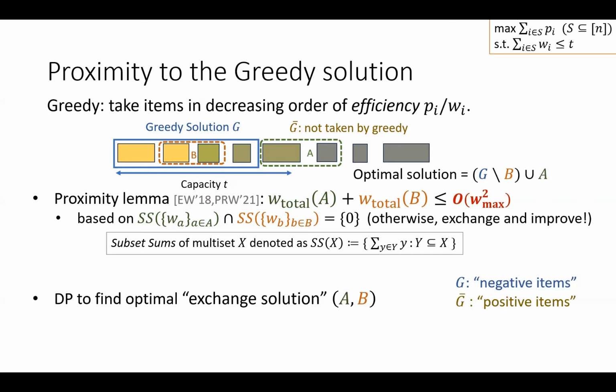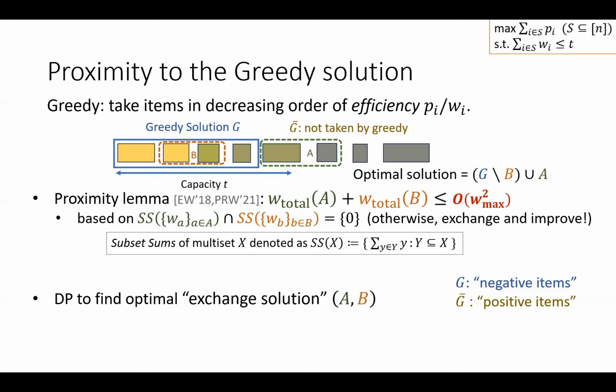Based on this proximity lemma, we can change the way that we do DP. Instead of doing DP from the empty set, we can start from the greedy solution and use DP to find the optimal way to exchange items to reach the optimal solution. Let's call the set of items A and B the exchange solution. And in the DP, we can add items that were not taken by the greedy solution. These are called positive items,